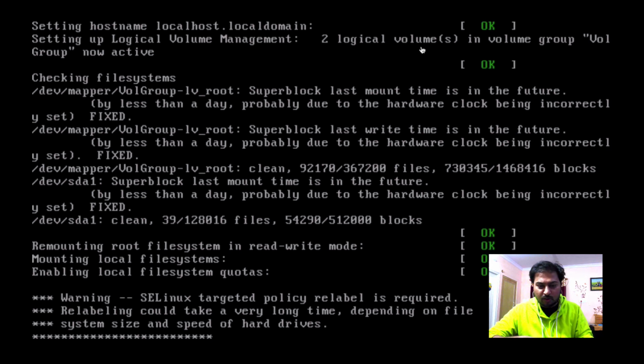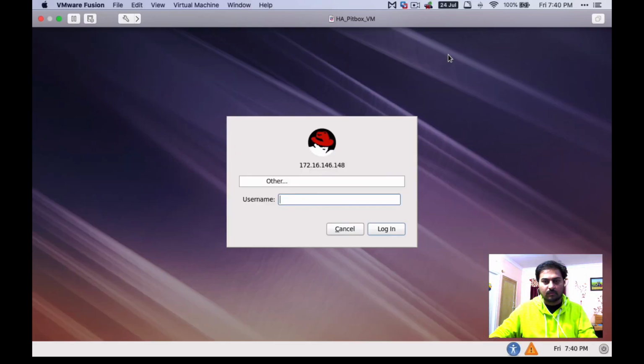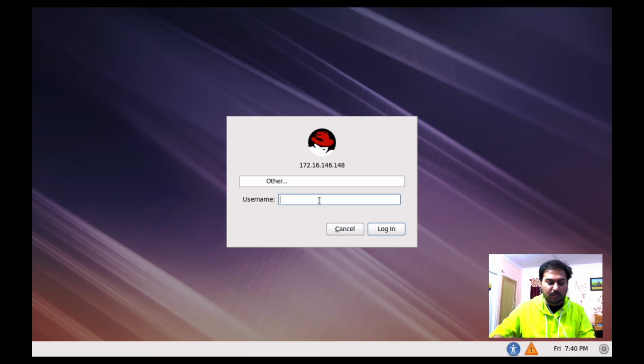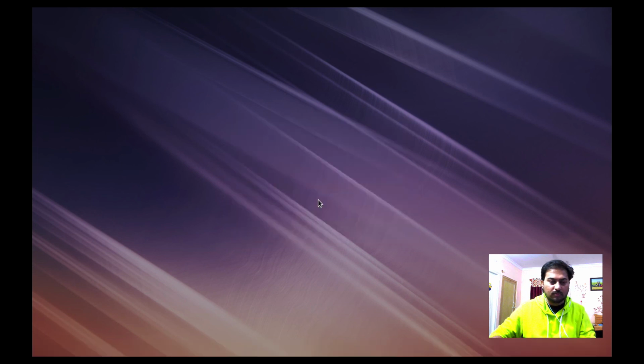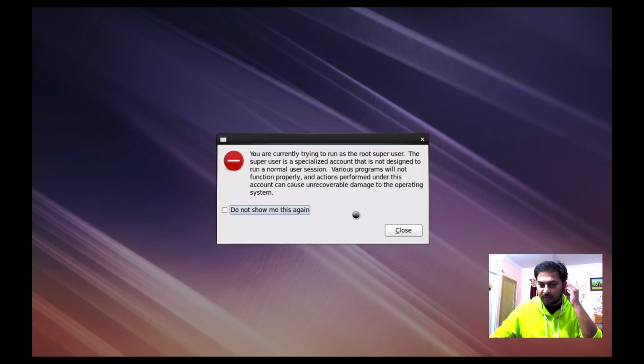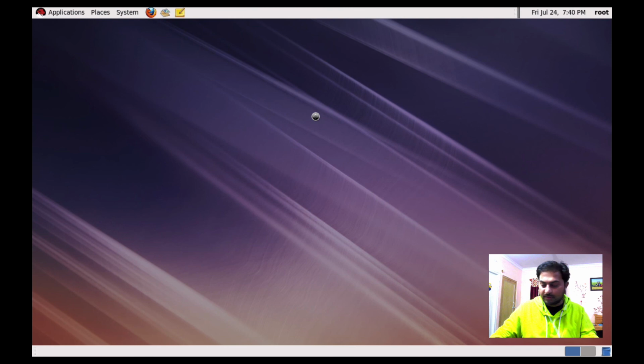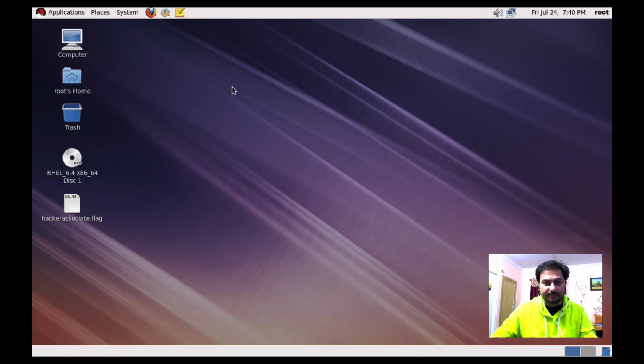Relabeling could take a very long time depending on the file system size and speed of the hard drives. Now we are going to log in as root. Enter your password. Once you enter the password, let's check what we have set for SELinux.